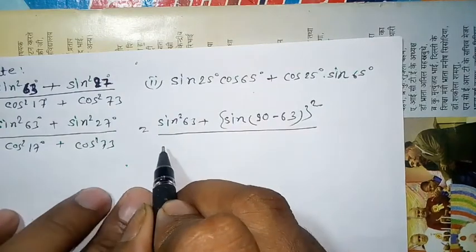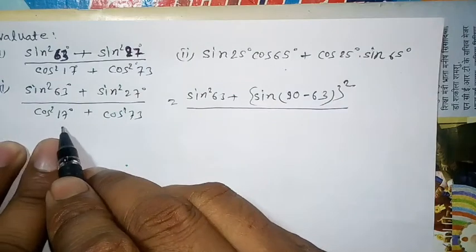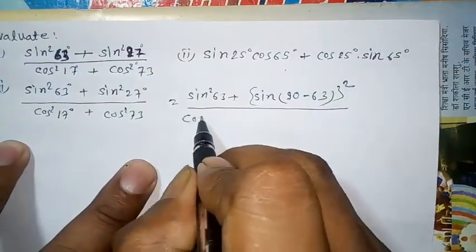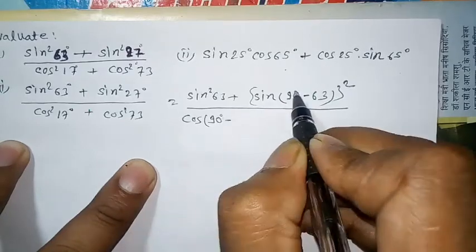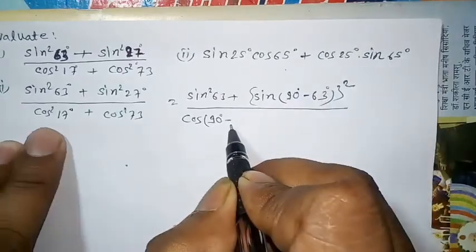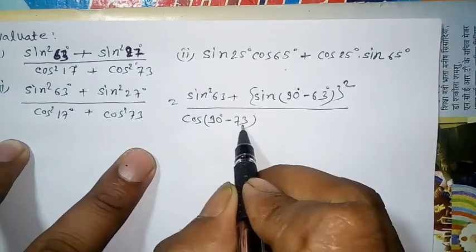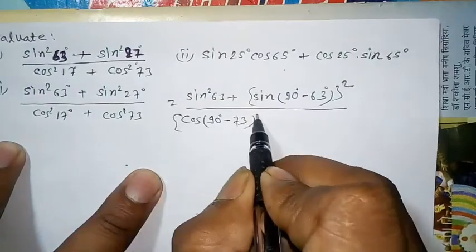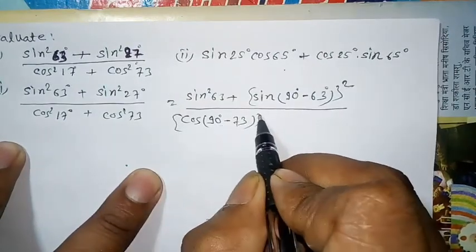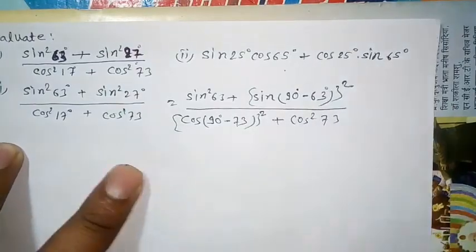By the same process in the denominator we change only cos 17. Okay, cos 90 degree minus 73, we subtract 73 from 90, then we get 17. So cos 90 minus 73 the whole square plus cos square 73